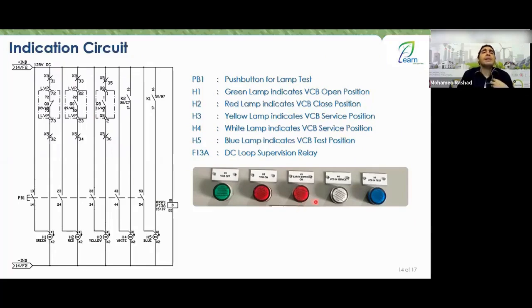It means you might think the earth switch is closed, but you see it open in front of you. Or you might see the breaker rack out or rack in, but the indication here is missing. Why? Because there's a break in the DC circuit here. So the DC didn't reach its lamps. The earth switch might be open when it should be closed, or closed when it should be open. The breaker might be rack in when it should be rack out, or rack out when it should be rack in, but you can't see it because all the lamps are off. Here the schematic should have a lamp that lights up to confirm that your lamp is functioning correctly, and you should have